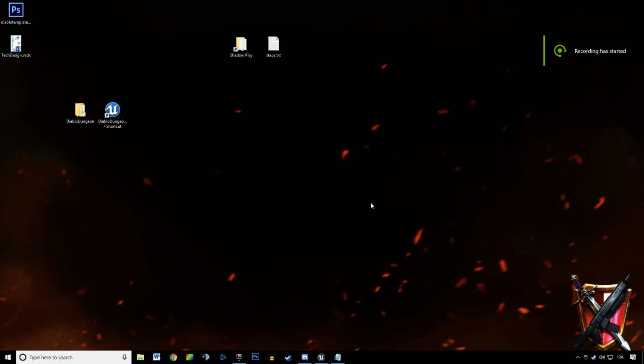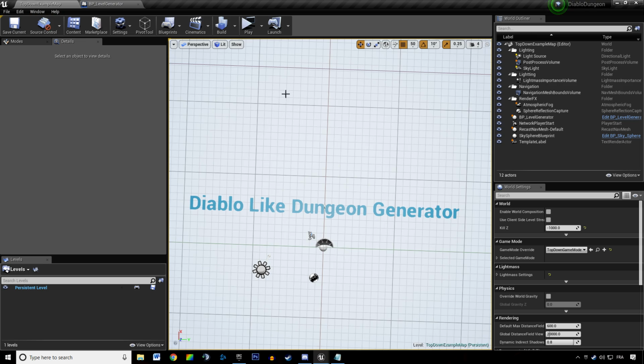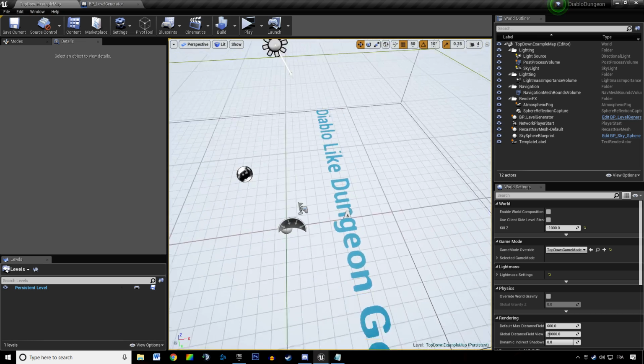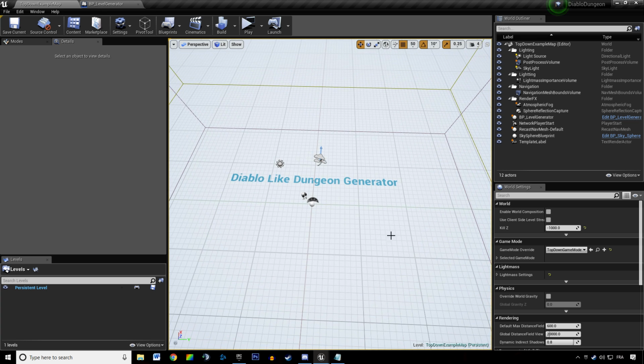Hey, welcome everyone in this new video tutorial about Diablo Dungeon Generator. In this video we are going to build a simple logic to calculate how many tiles there are between the start tile and any other tile in the dungeon, taking into account the extra connections we created in order